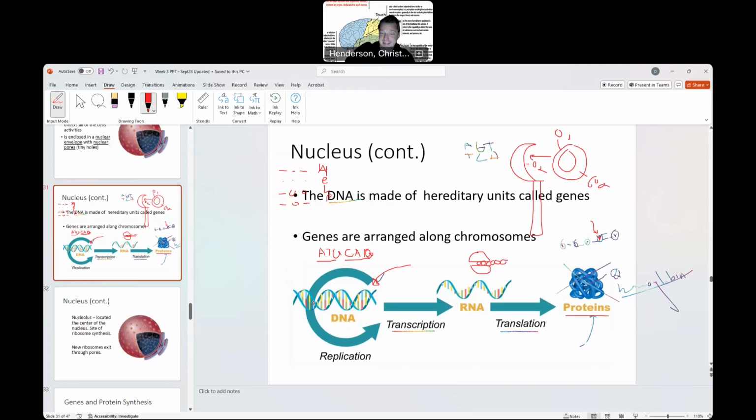So your DNA is the instructions for making your proteins. You remember, we have probably 20, 30,000, I think 20,000 proteins or different genes in our body. We have like hundreds of thousands of proteins and enzymes. You saw that all the chemical reactions in the body are done by enzymes, and those are made of